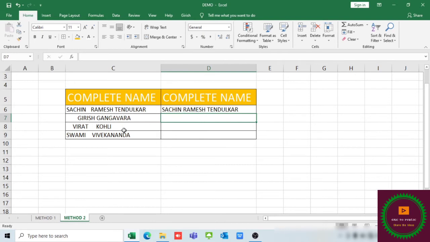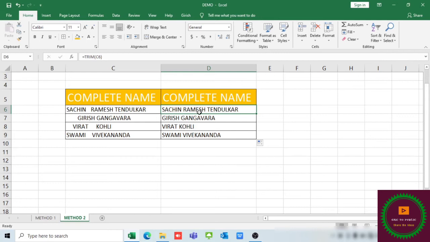To apply it to all these cells, select this cell, hold the Shift button down, press the down arrow to select the range, and press Ctrl D. Everything will be applied. Or we have one more method: come to the right corner of this cell, and when we get the plus mark, drag it and leave it. So every unwanted space has been removed and the words are shown properly.